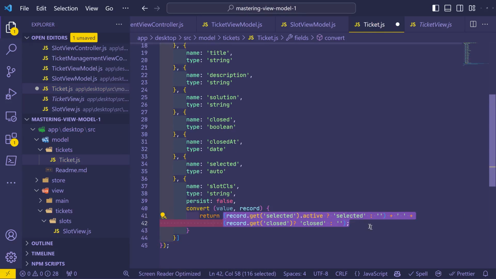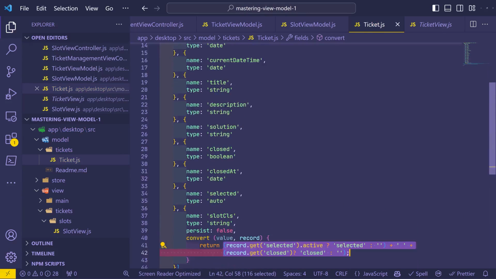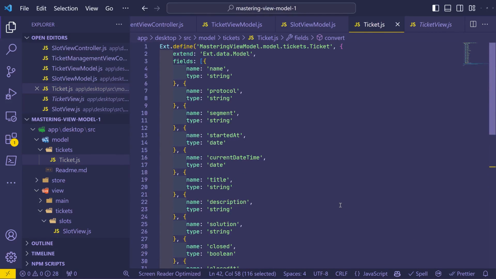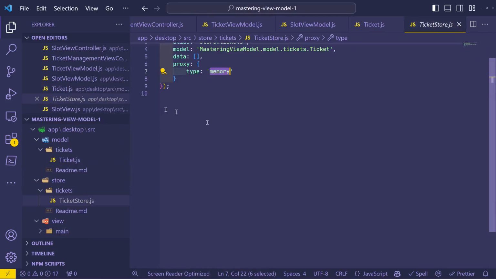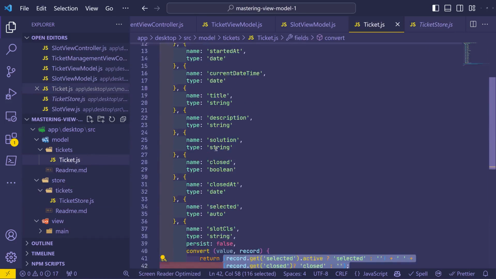And now all the data that I receive, let's imagine that I am using an API with a proxy in my store over here. So here we have the proxy. Mine is type memory because of a mocked data class that I have here. But you can receive your data from the API, and here you declare your proxy. You define it here, the type of your proxy. So returning now to our model,